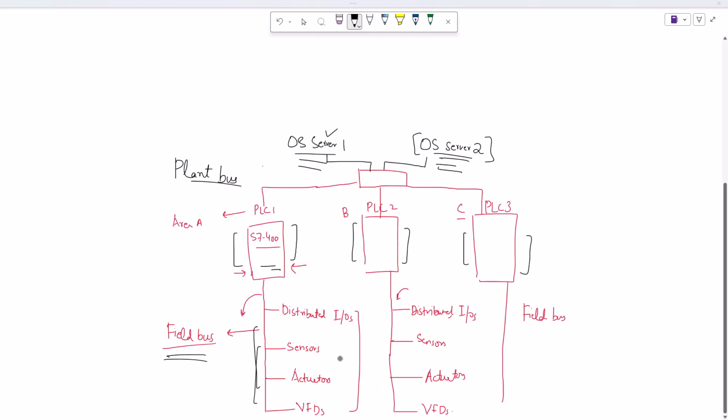The data from the various sensors gets to the operator station servers where it is visualized. Those parameters are served to the operator station clients. The plant operators sit in front of those operator stations and they visualize the process. They look into the process parameters like temperature, pressure, vibration, or amperes of any electric motor, for example. They then send various commands to the various electrical devices, for example, an electrical motor, to switch on and off